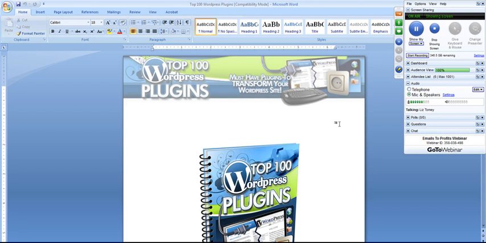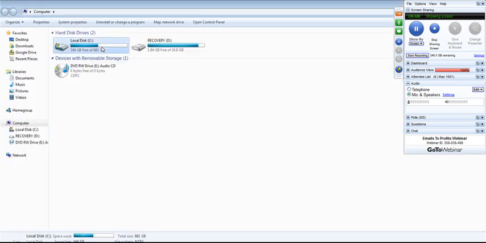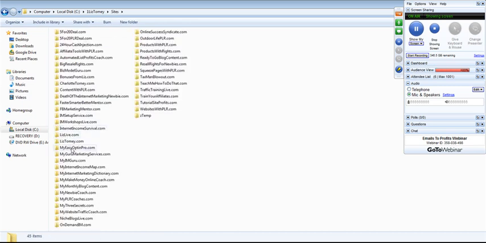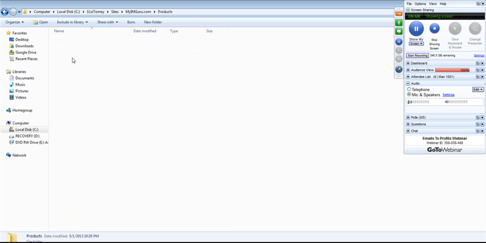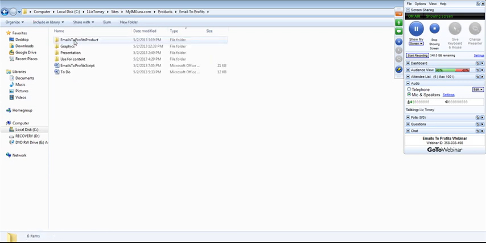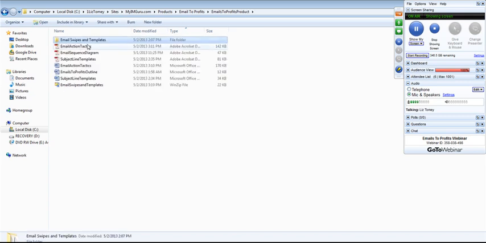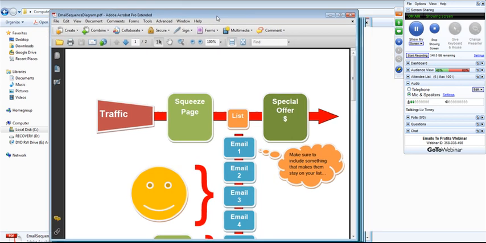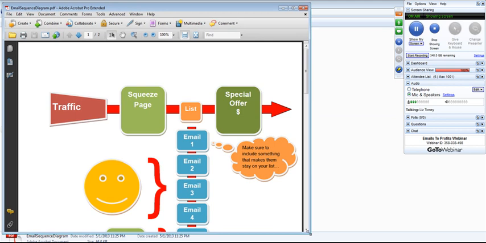Everybody will be able to have this. If you go in your members area and you go to downloadables, it's in there, okay? So let me pull up this diagram here. Give me just 1 second. It's buried, totally buried. That's one thing I am horrible about, actually burying this stuff. So let's see, emails to product, sequence diagram. All right, so here is the diagram that I use to show all my clients how to build